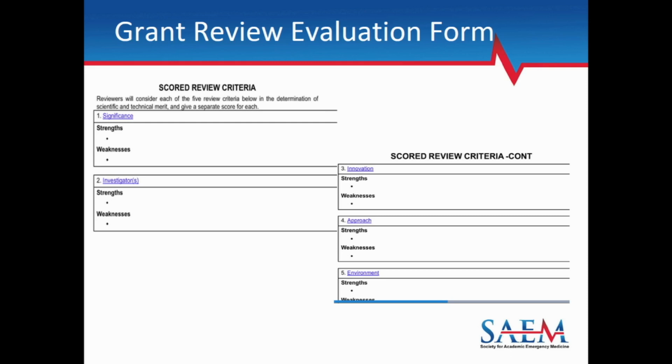So to bypass that, how can they bypass that? Be more detailed in their explanation of the problem. Be very clear, don't make loops in logic. Be very clear how one thing leads into the next. I think in emergency medicine, we all understand it probably happens in every emergency department, but be very